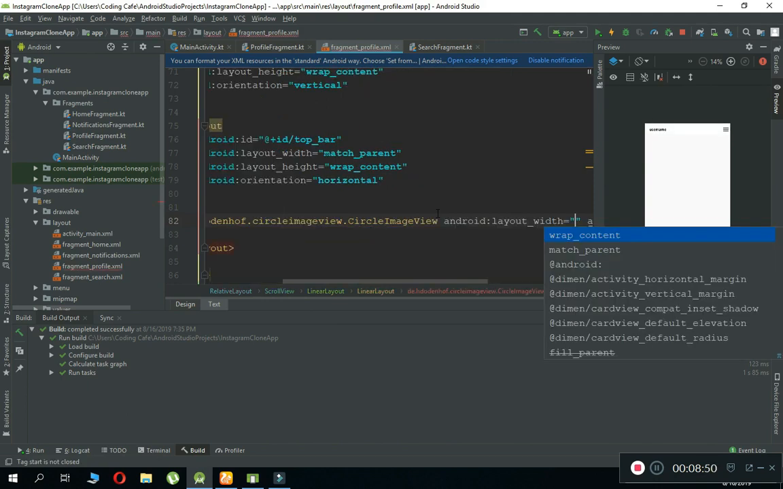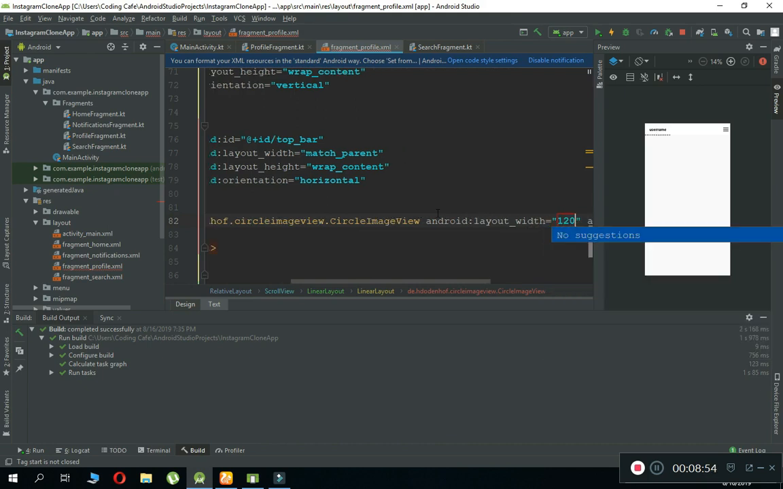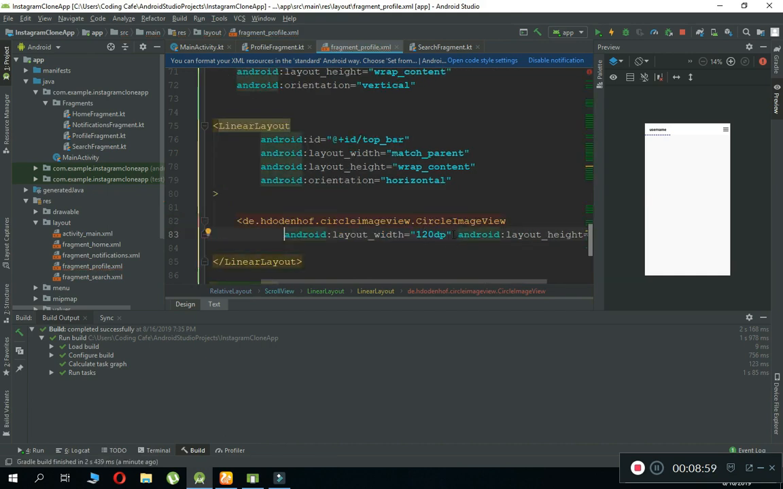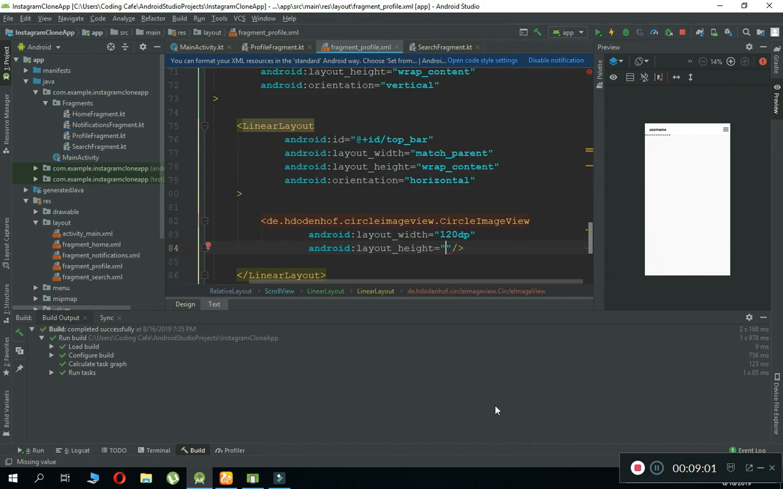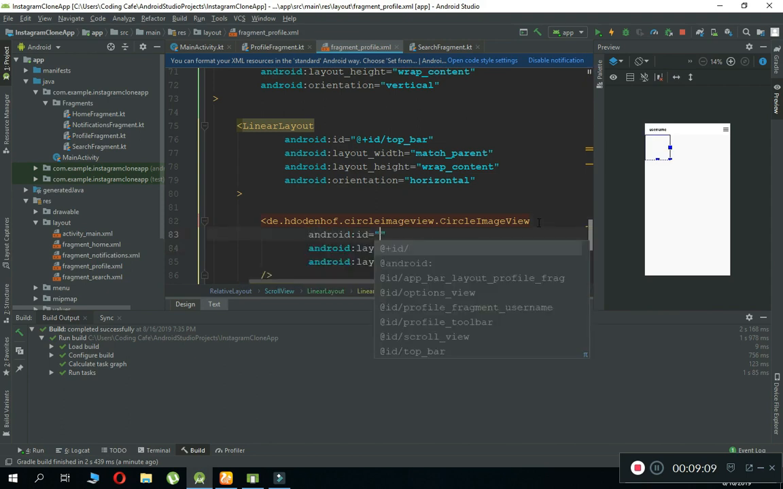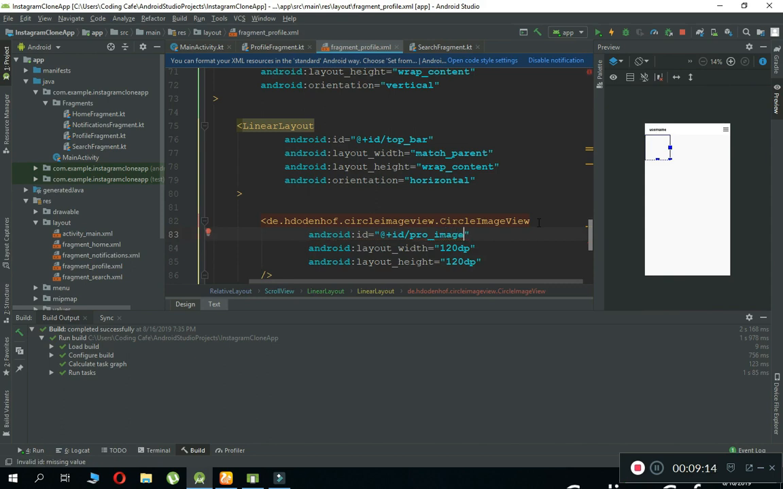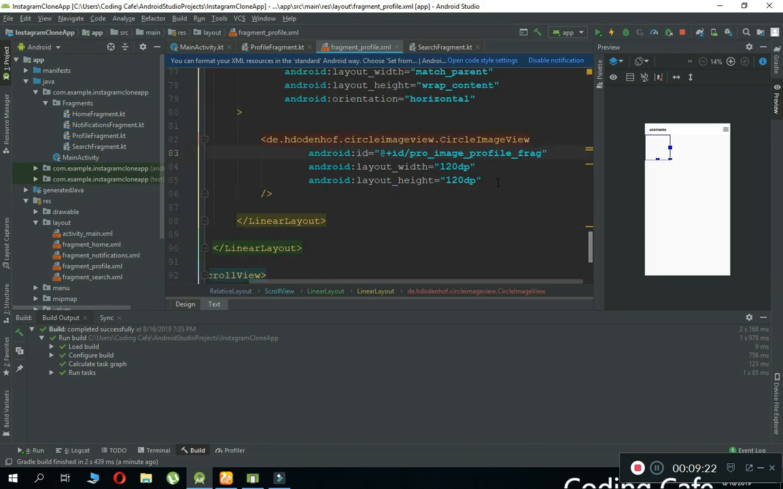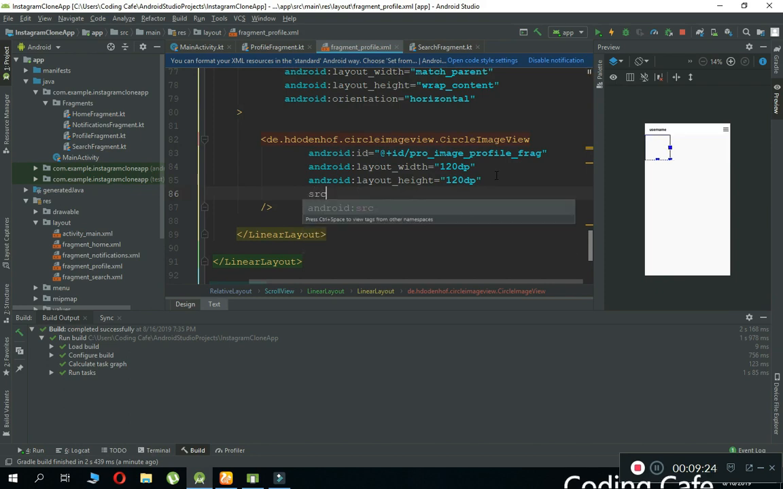Okay, so just click on it, and the width must be 120 dp. Let's move this to the next line, and the height will also be 120 dp. Now the most important thing is to give an ID, and we can say profile image. Pro image means profile image, profile underscore fragment, and we need to give it some source as a default, and